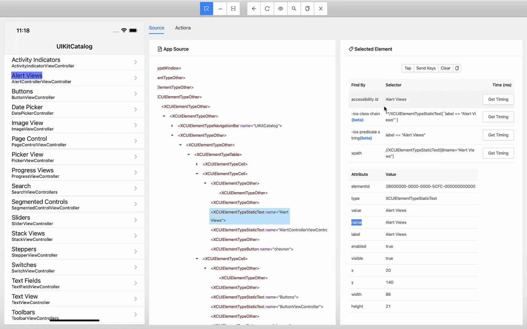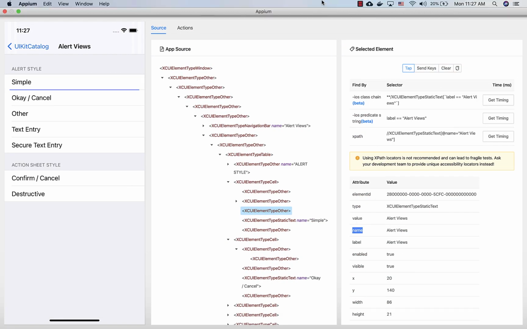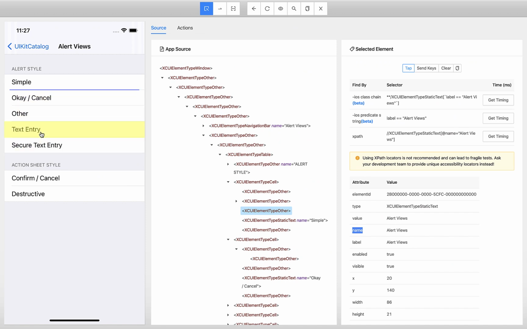Okay. Now let's go ahead and inspect for that page. So now to go to that page, you can just tap by selecting alert views. So it will take you to the second page. Hold on. It is taking few seconds time. Right. So here our goal is to select on text entry.